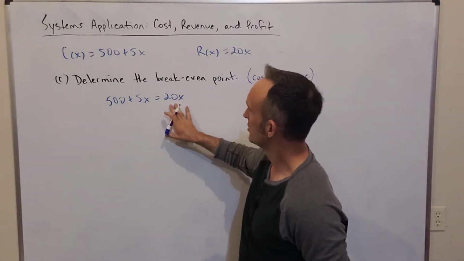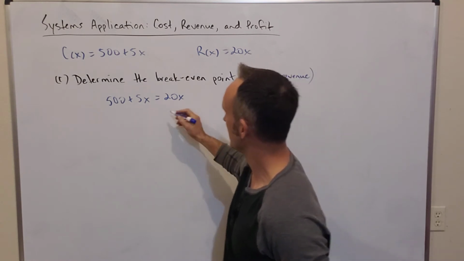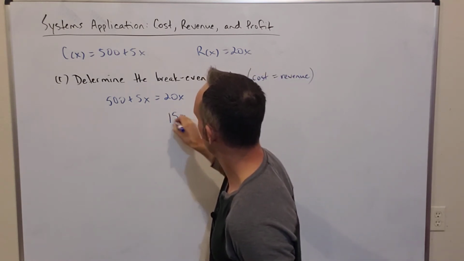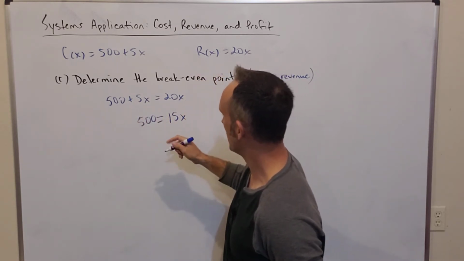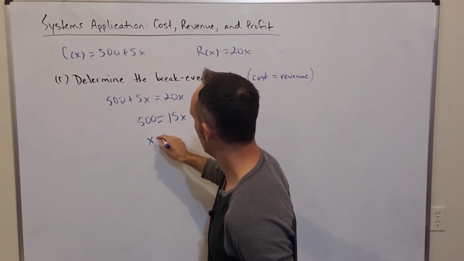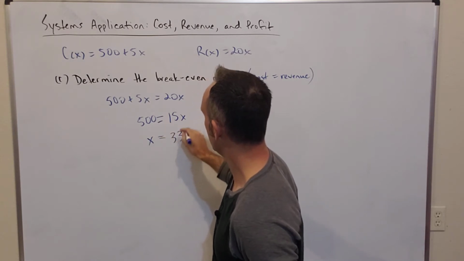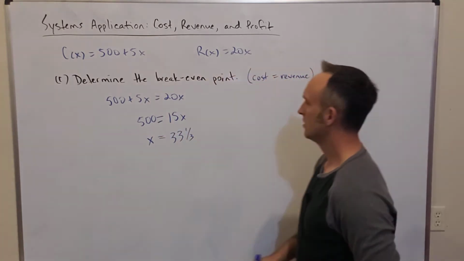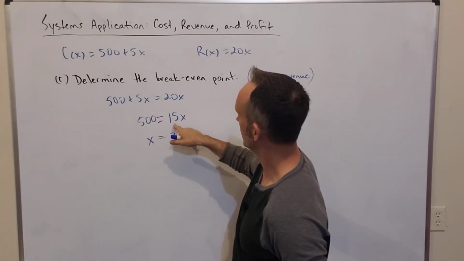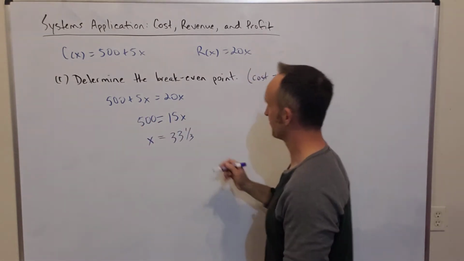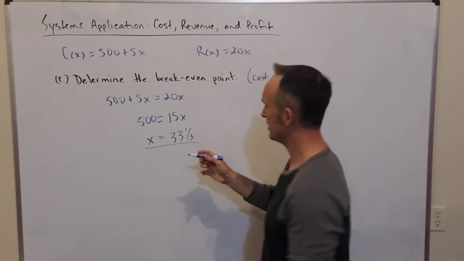All right, so now solving this equation, I'll subtract 5x over to get 15x equals 500. And then I'll divide both sides by 15. And it looks like that is 33 and a third. Let's see. Divide by 5, that'd be 100 over 3. Yeah, 33 and a third. So in other words, what this means is